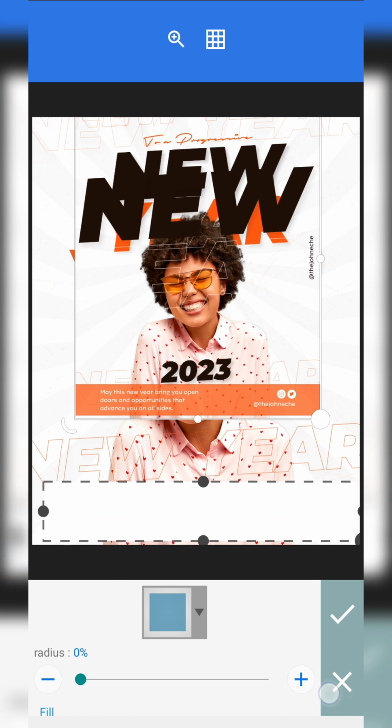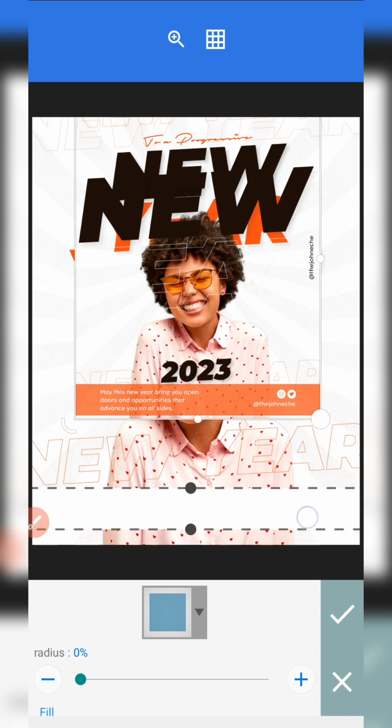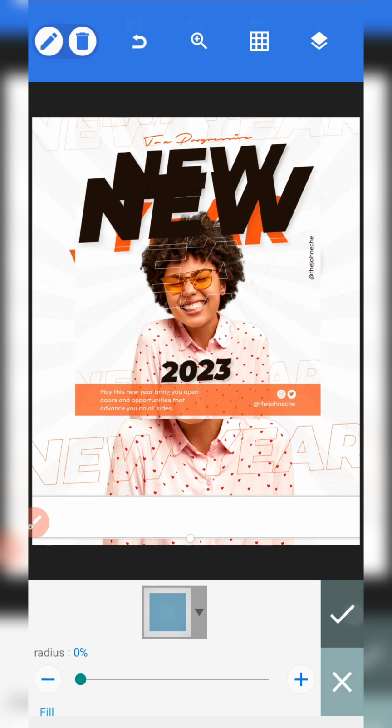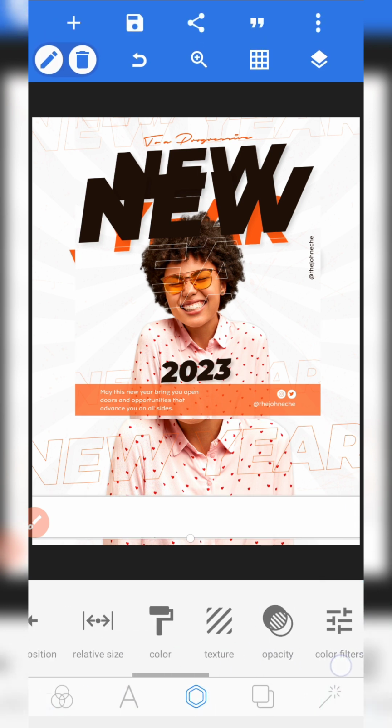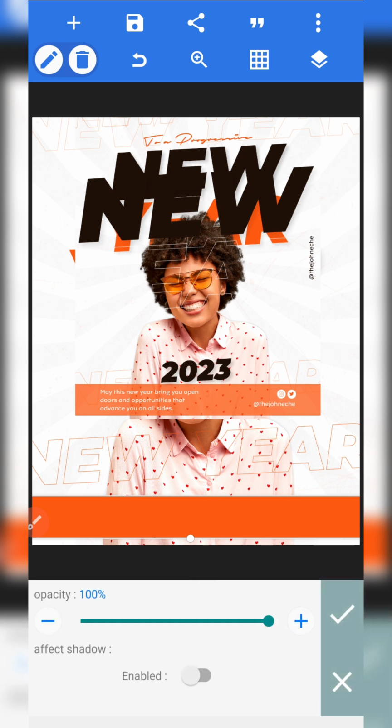Okay, let's bring in the shape. Reduce the height to it's appreciable, just this level. Good. Go over to your color and bring this color here, opacity, and reduce the opacity to